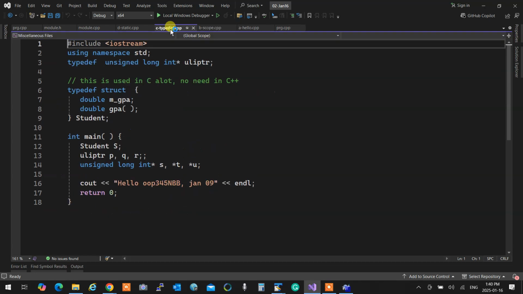So we went through that. We talked about typedef, and we said instead of writing a ginormous thing and going through it one by one, we can actually shorten that using typedef. Any type that you want to rename, you can rename to something smaller. For example, unsigned long int, we're going to make it ULI_PTR. It's an unsigned long int pointer. Because it is actually a type, line number 13 makes P, Q, and R pointers. For line number 14, you need an asterisk on P and U for them to become pointers, otherwise they're not. Question for the quiz.